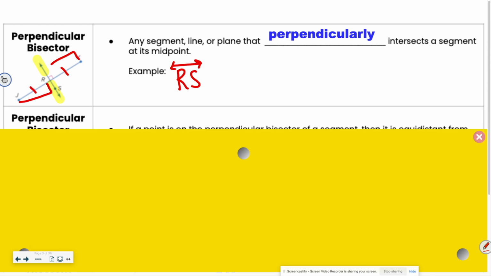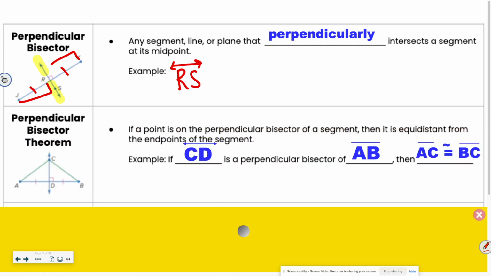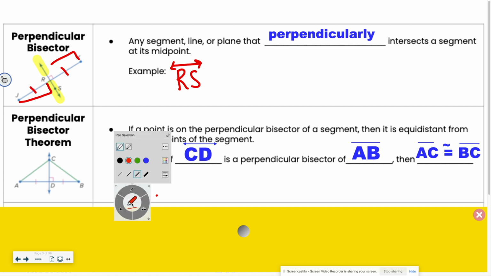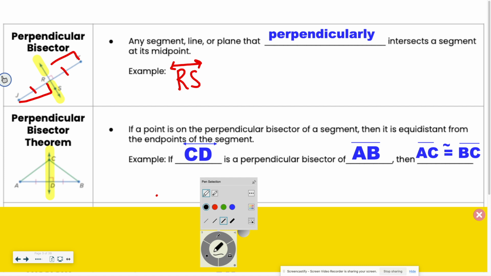Okay, so with that we have a theorem. We love a theorem in here, don't we? If a point is on the perpendicular bisector of a segment, then it is equidistant from the endpoints of the segment. Okay, one more time. If a point is on the perpendicular bisector of a segment, let's just pause there. So if we look at our picture here, folks, here's our perpendicular bisector. Now they're saying if you're a point anywhere on that yellow perpendicular bisector, then you are equidistant from the endpoints of